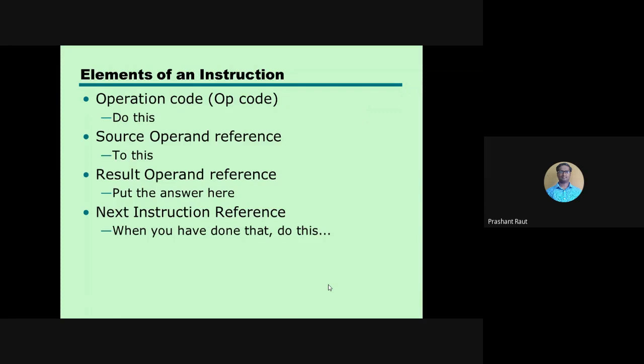That is the compulsion. Now the different elements of an instruction are: first, the opcode. You might have come across the word mnemonic. Mnemonics are called opcodes. Mnemonics means a symbolic representation of the operation.